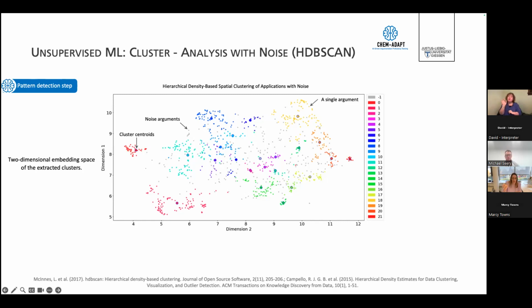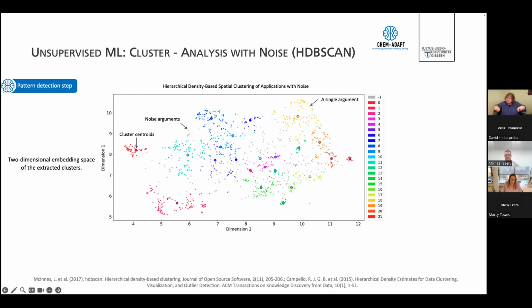And you can see by the colors that some arguments are closer together, and this clustering algorithm looks for similarities and density in terms of the language that is used. So we found around 20 clusters here, and then we printed out the clusters that the machine was giving us, put them together, and tried to make sense of it.